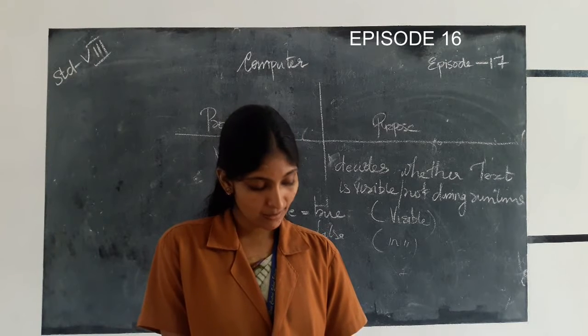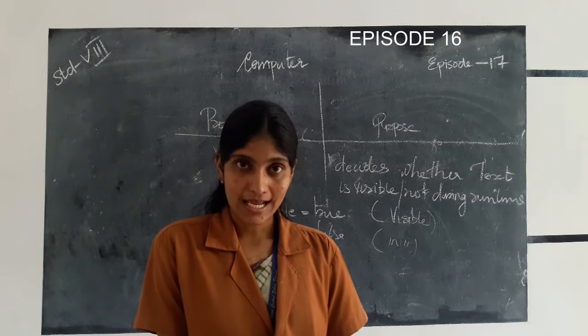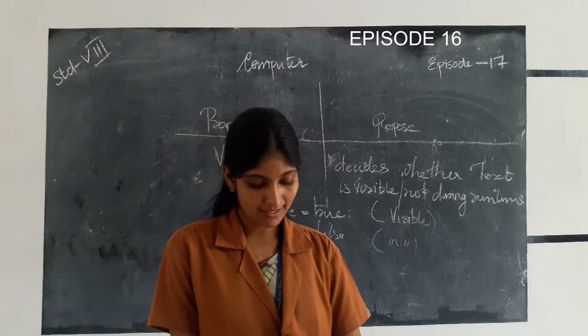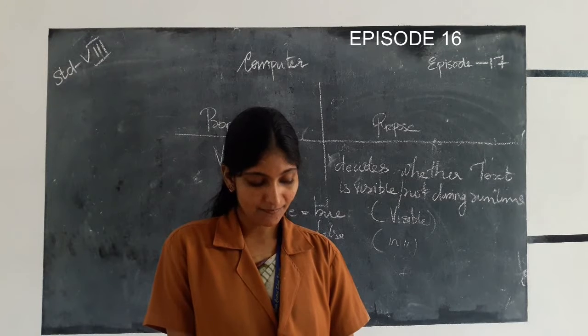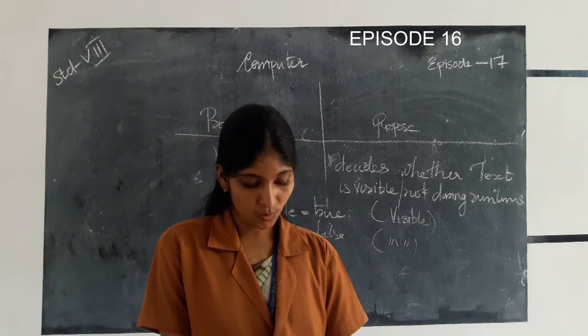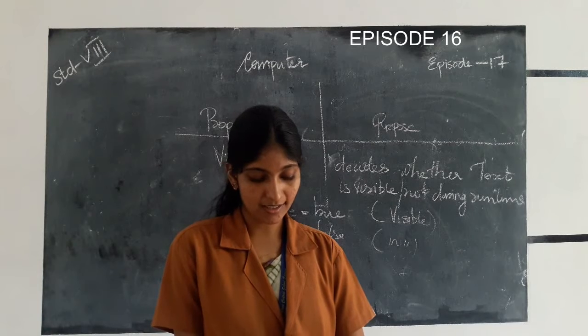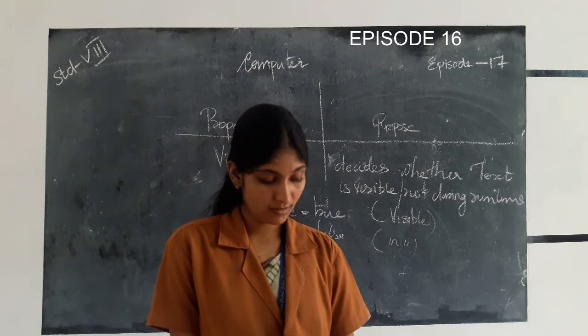So multi-line is a property which is set to true. When you press enter key, then a new line will appear. That is the use of multi-line. So when you press enter key, break the line and enter the text in new lines. Otherwise, continuous text in a single line can be entered, which will just scroll horizontally inside the text box.